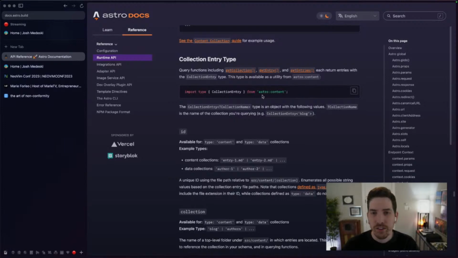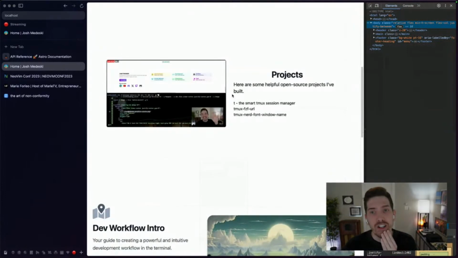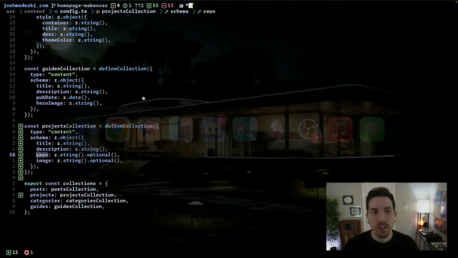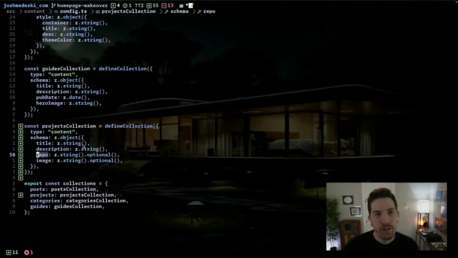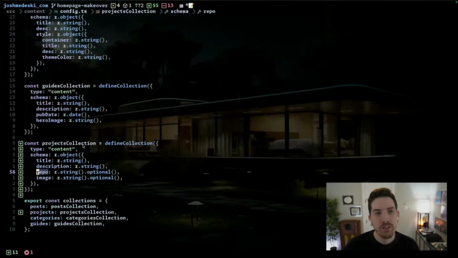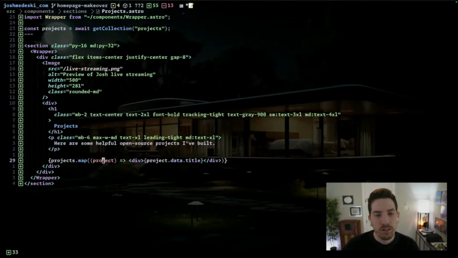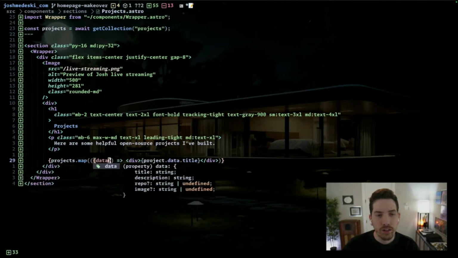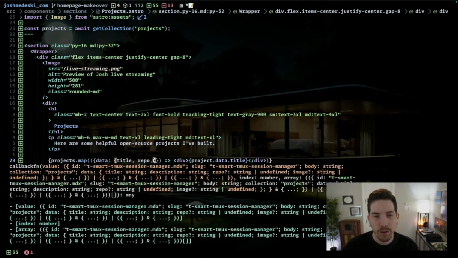All right. So I think I just made a boo-boo, and I think that got fixed. Projects. There are my projects. So we're off to the right start. Go ahead and close that. And then now I just want to sort of style things. Projects. So we're going to call this data, and then we're going to give it a title, and we're going to give it a repo, and we're going to give it a